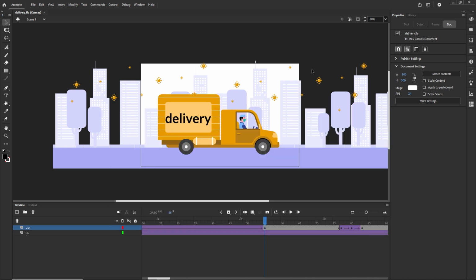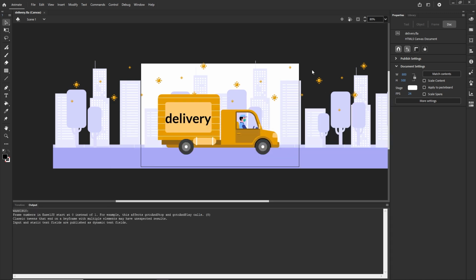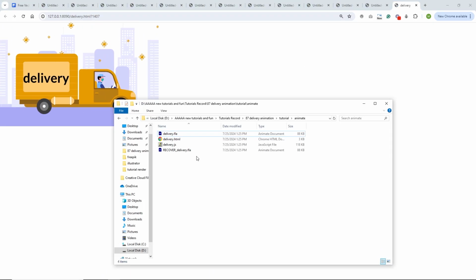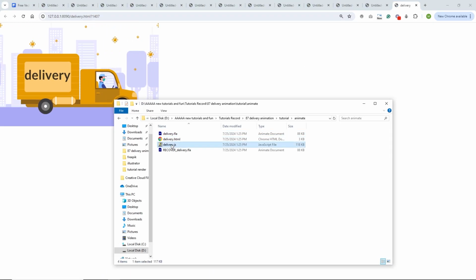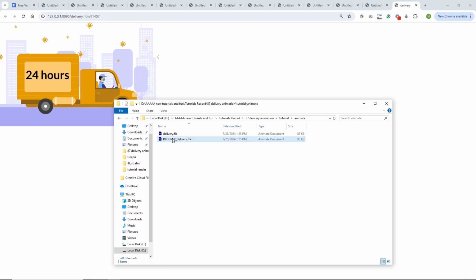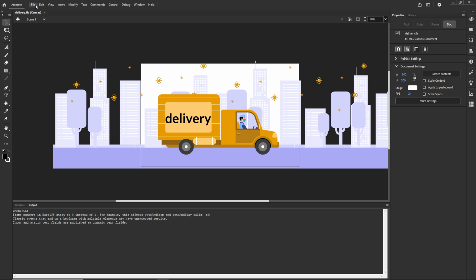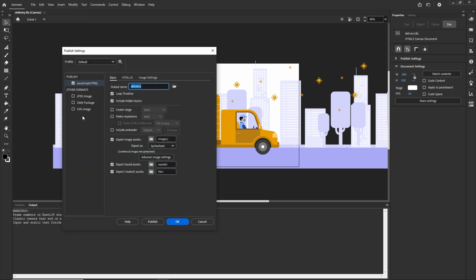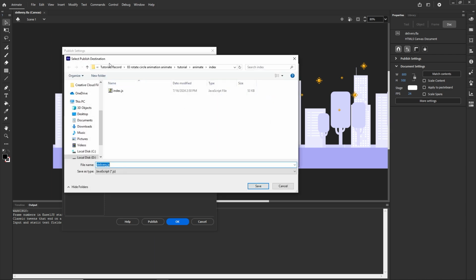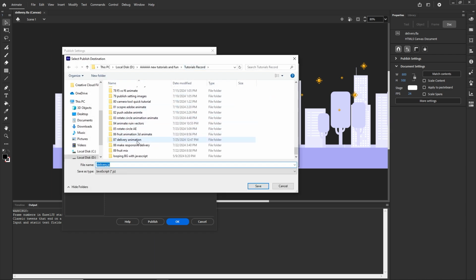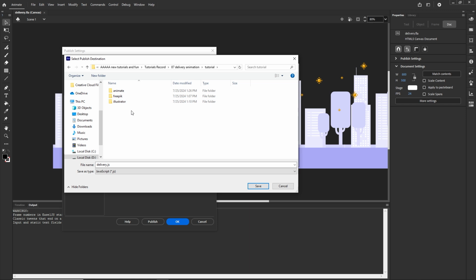But as soon as I go with Control Enter, Command Enter to see this in the browser, once I have saved this, it is automatically going to publish me some JavaScript and some HTML. I am going to delete this, and what I'm going to do is I will go to the file, I will go to the publish settings, and I'm going to choose the publish destination. So I'm going to click this, select publish destination, and I'm going to choose the place where I want to have this. So I will go to the same place where I have my animate file,